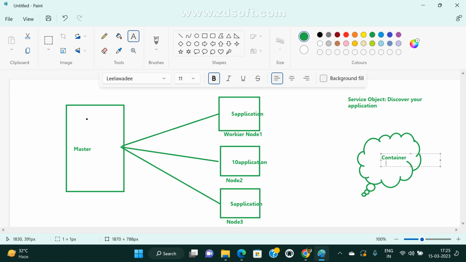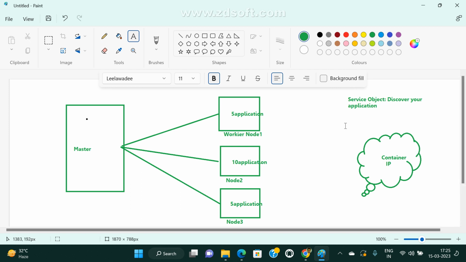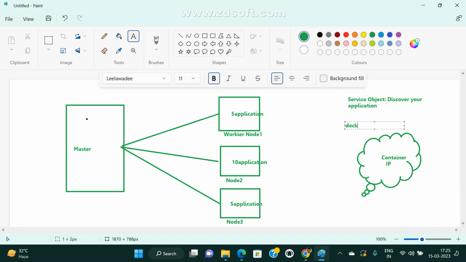You can see it with the inspect command.